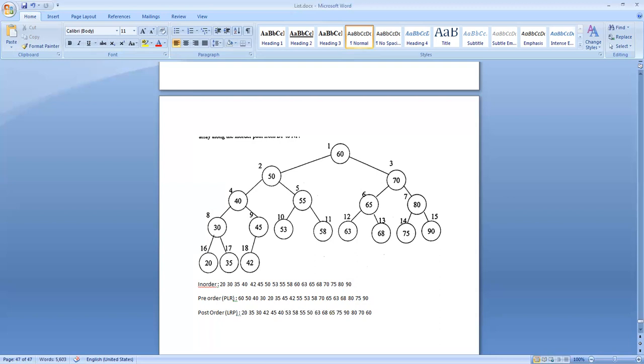Okay. So we have discussed in depth this tree traversal. But we haven't written a program that does this work. We haven't implemented it. That we will try to do now.